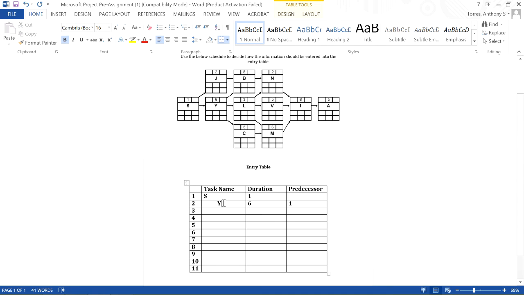Well, what if I want to get a little crazier and put V as my second activity with a duration of 5? You're going to ask yourself, what is the predecessor to that? Well, L is the immediate predecessor to V, but L is not even in the table yet. That's perfectly fine. We could still arrive at the same equation and the same answer by later on typing